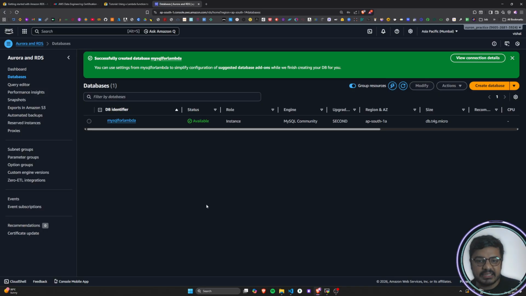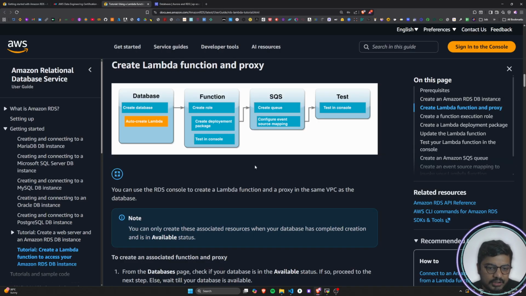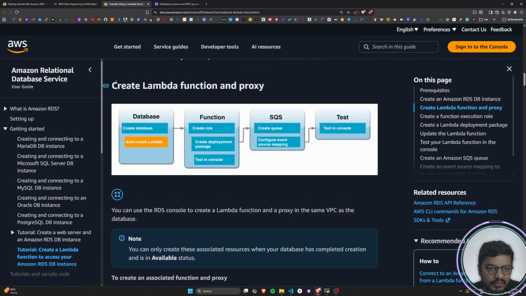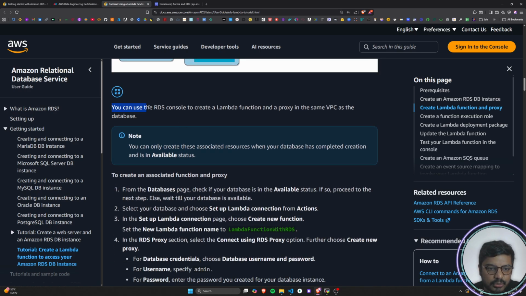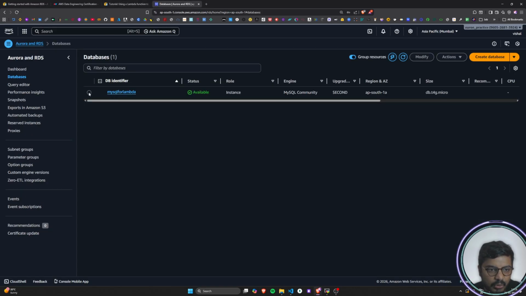Alright guys, so now we can see that our database instance is up and running. Okay, now let's follow the next step. So now we will create the Lambda function and proxy. You can use the RDS console to create a Lambda function and a proxy in the same VPC as the database. So firstly, what we will have to do is,